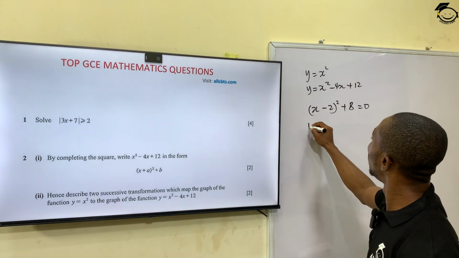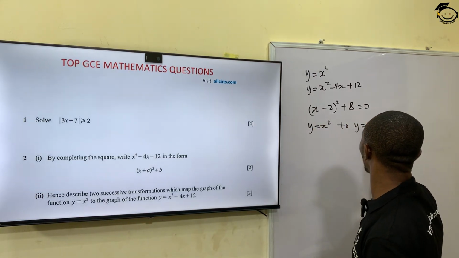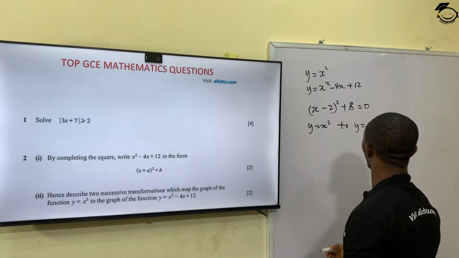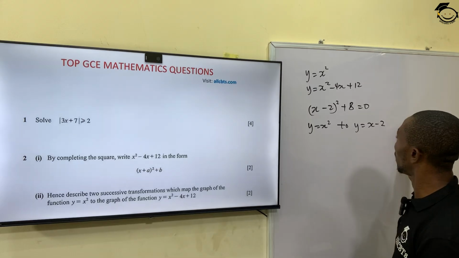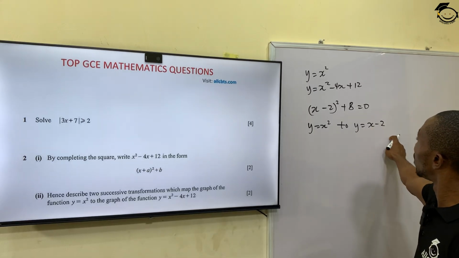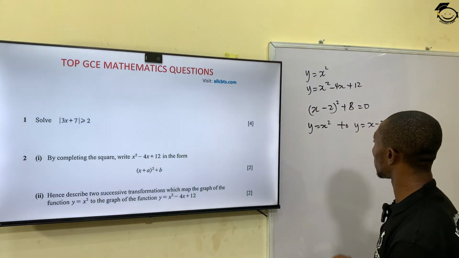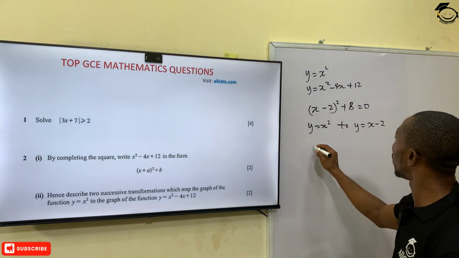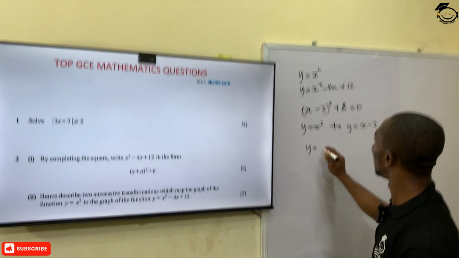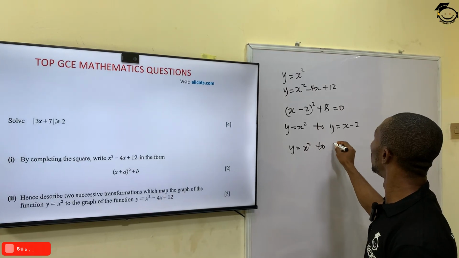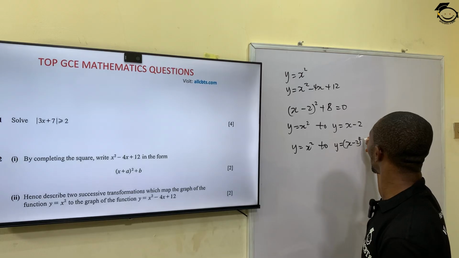Now, for y equals x squared to y equals x minus 2 squared, this shows that there's an increase by 2 units on our x-axis, and for y equals x minus 2 squared to y equals x minus 2 squared plus 8,